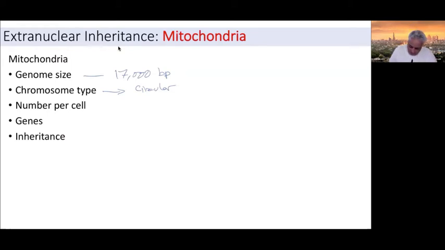Now, the number of these genomes that you find inside a single cell varies across the eukaryotes. For instance, in mammals, you can find between 20 and 50 copies of the genome inside a single cell. So there's a big range of possibilities. So in mice, I think you have 2 or 3